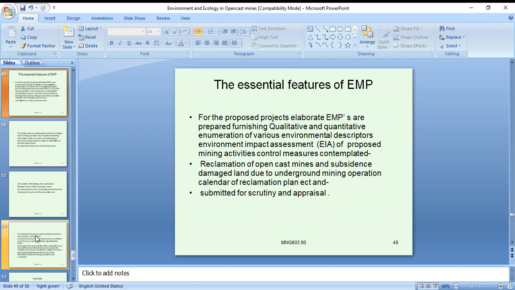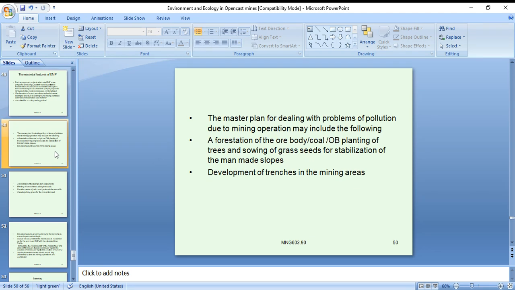The essential feature of EMP for the proposed projects: elaborate EMPs are prepared, furnishing the qualitative and quantitative enumeration of the various environmental descriptors, environmental impact assessment of the proposed mining activity, control measures contemplated, reclamation of open cast mines and subsidences, damaged land due to underground mining operations, calendar for the reclamation plan, etc. These are the scrutiny and appraisal form. The essential feature can be maintained. The master plan of dealing with